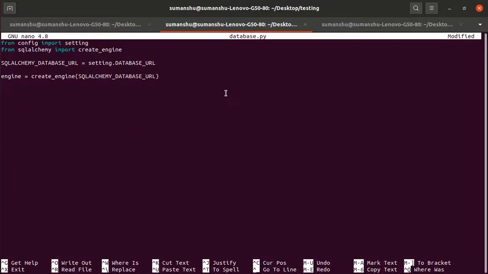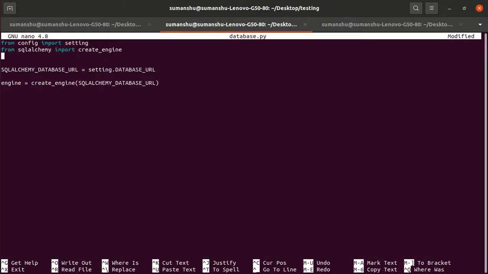First, from sqlalchemy.orm import sessionmaker. Now we create SessionLocal, which is basically a local session for the particular database connection.